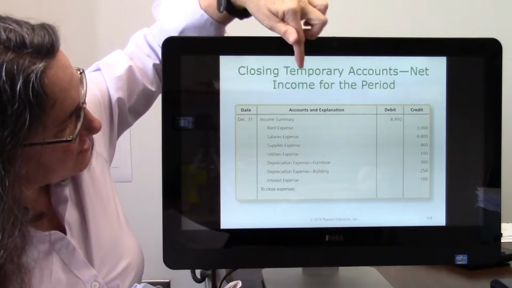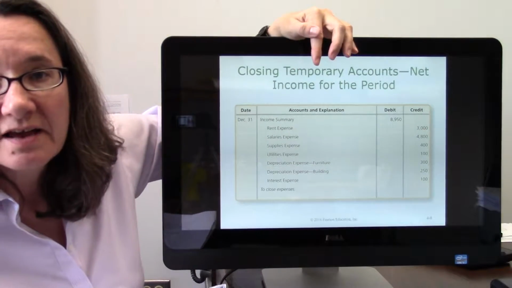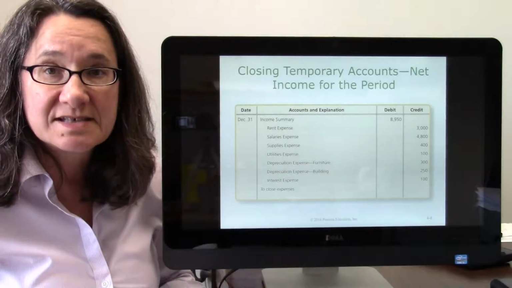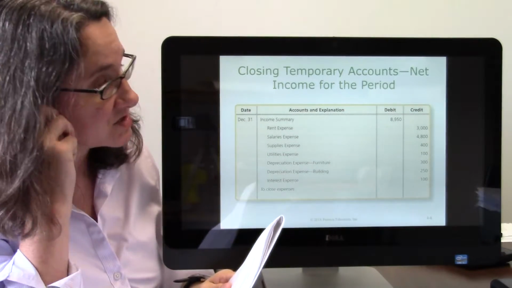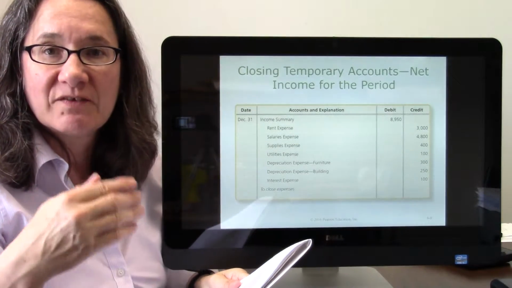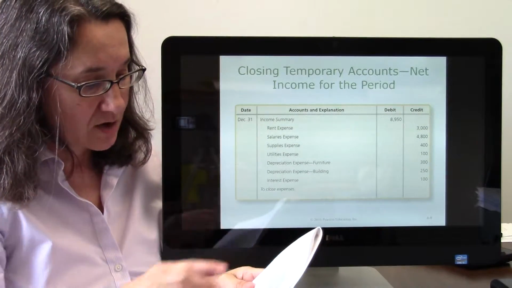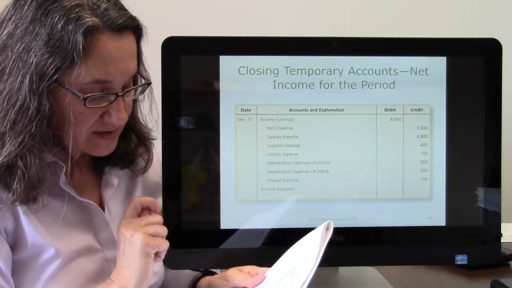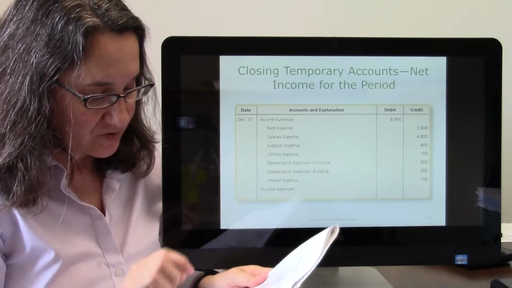Then we're preparing the closing entry. So this is how you journalize closing the expenses. Remember how I said you have to close each one separately, all right? You can't just write expenses and the amount and then income summary and the amount because you have to close the accounts. So we prepare a closing entry by crediting each expense account and making a debit entry to income